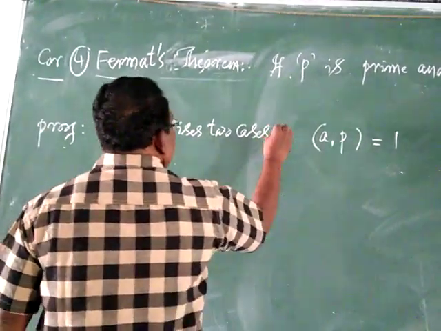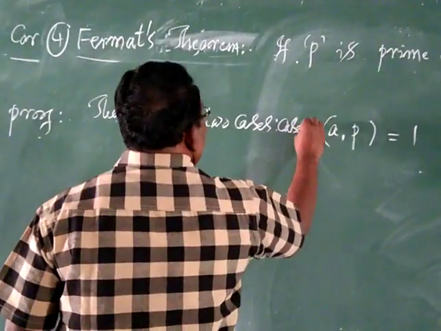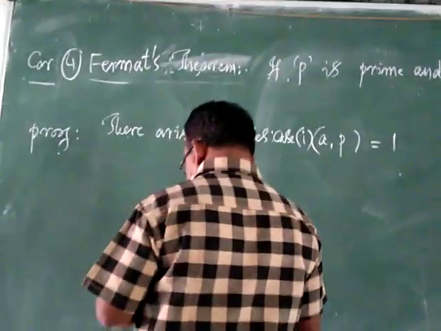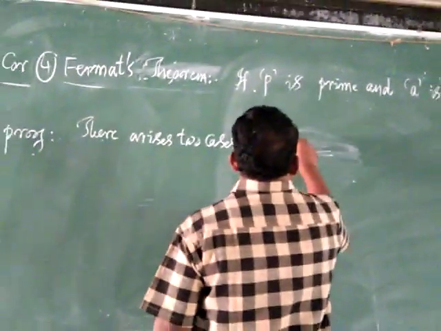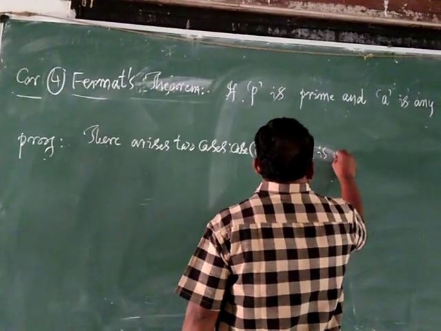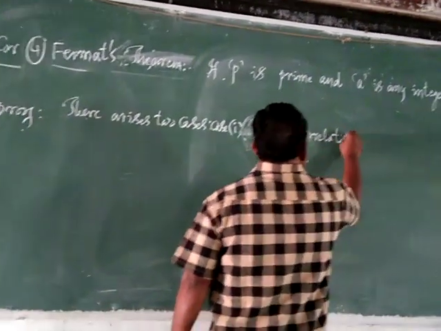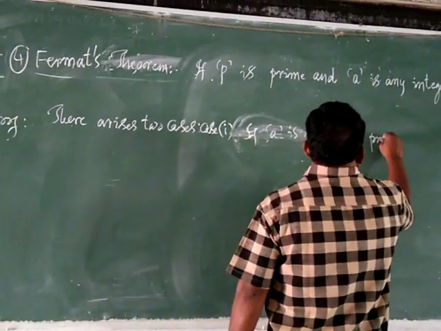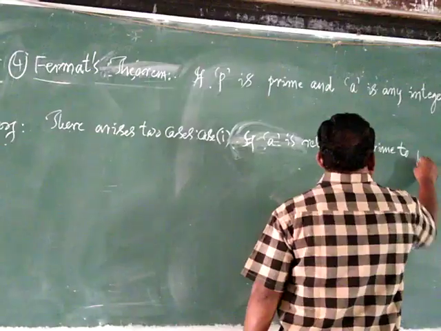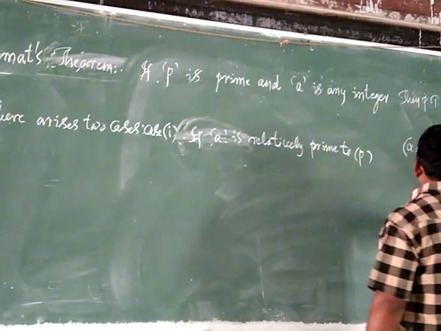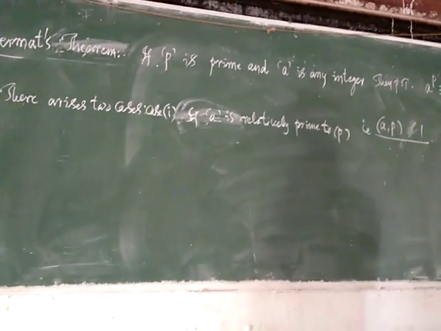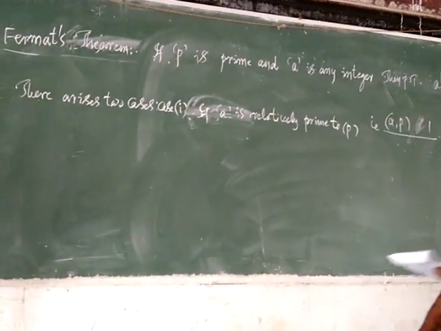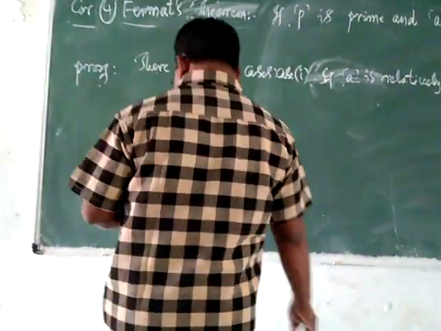Case one is A is relatively prime to P. That is, the greatest common divisor between A and P is equal to 1. Then, if A is relatively prime to P, by Euler's theorem we have,